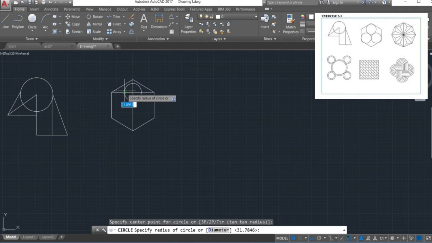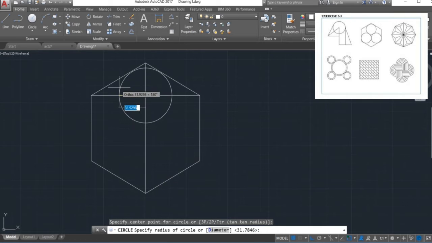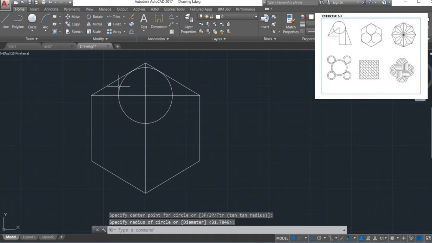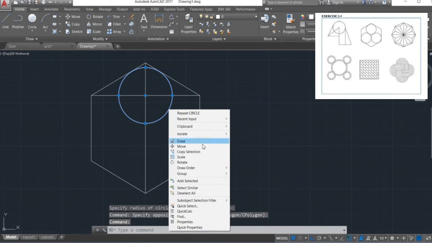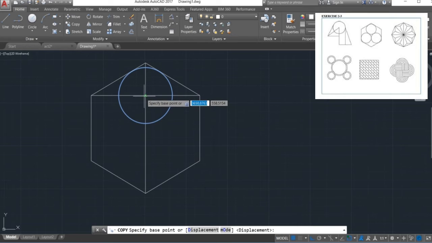And then next we are going to create a circle. So I think 32. I think 32 is already enough. And then we are going to copy this, right click, and then copy selection, and then we are going to